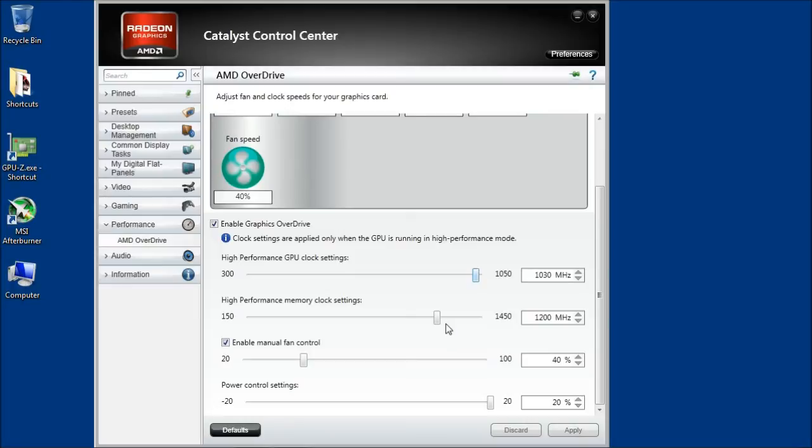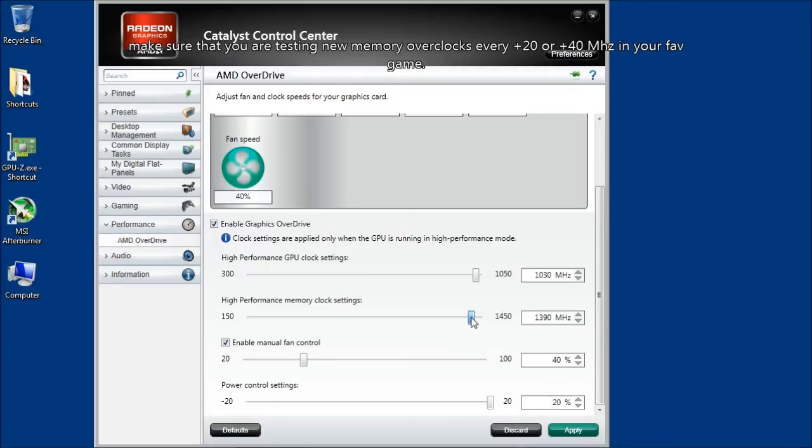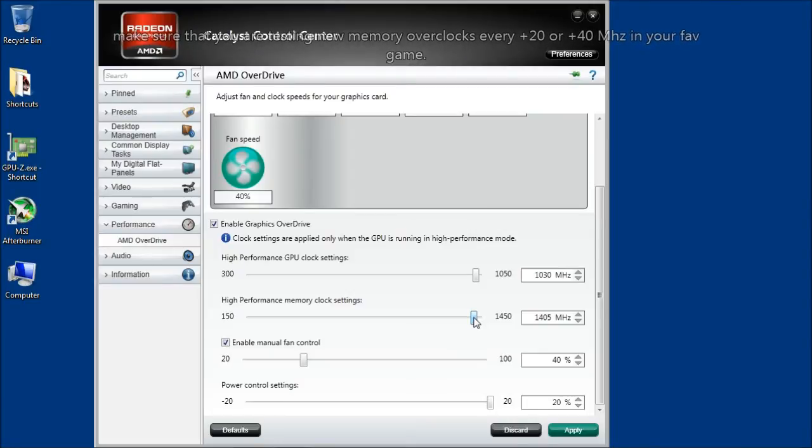After finding the maximum stable GPU clock, it is time to move to your video memory, GDDR5 overclocking, by increasing the memory clock frequency. Again, my law for overclocking the video memory is plus 20 megahertz steps. GPU plus 10, memory plus 20 megahertz steps, until I find the maximum stable frequencies. Plus 20, plus 20, plus 20. If it's artifacting, back up, minus 20, and so on,